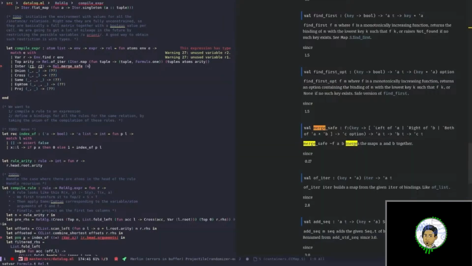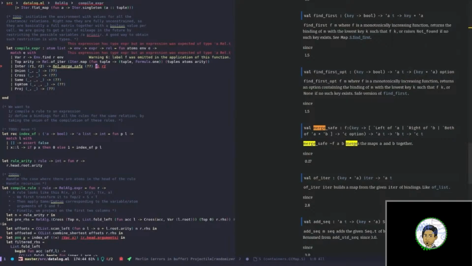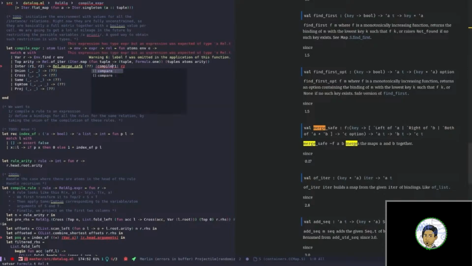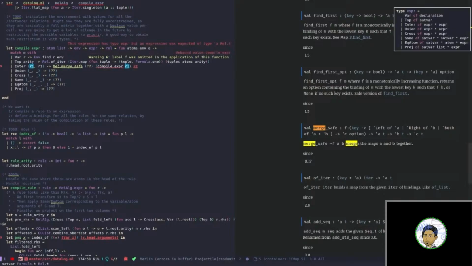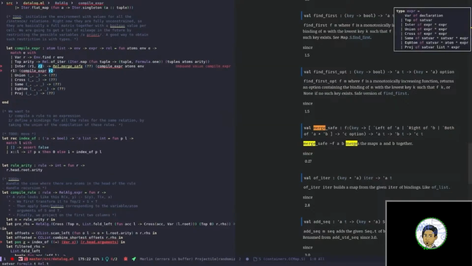So we have a function here. We have M1, R1, R2, and that should have the right type. Ooh. Oh yeah, it's compile expr, of course. Compile expr. Same atoms, same env. Compile expr, same atoms,